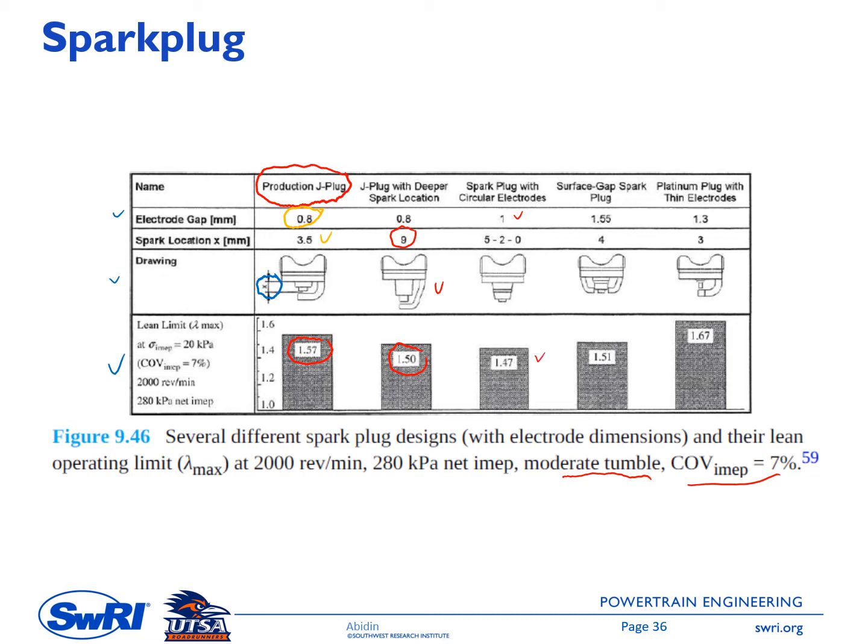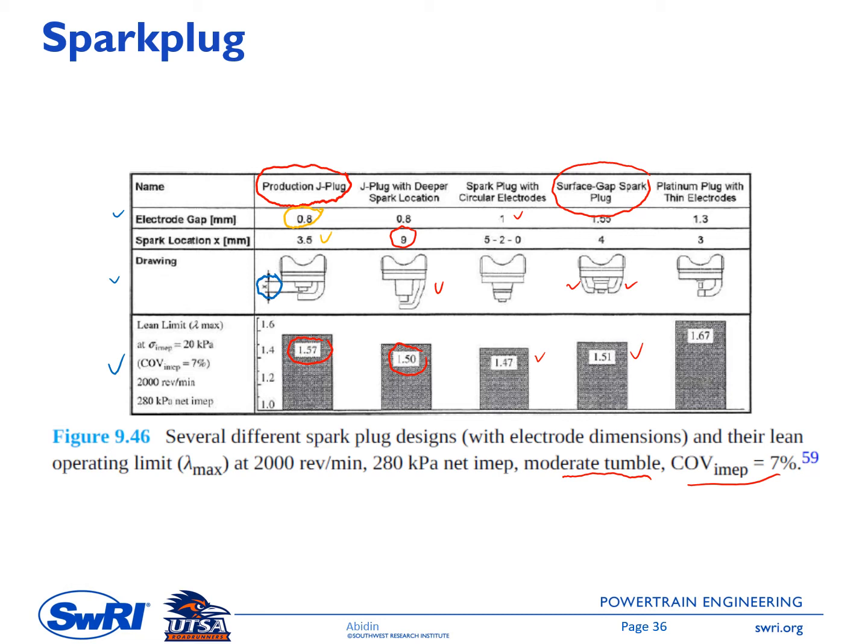And then it has the lean limit of 1.47. The next one here is the surface gap spark plug. Actually, this is a kind of J-gap spark plug, but it has more than one J electrode. You can see from this picture that we have at least two J electrodes, so you will have multiple sparks for this spark plug design. And it has a lean limit of